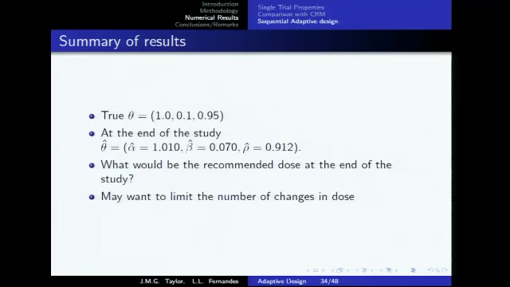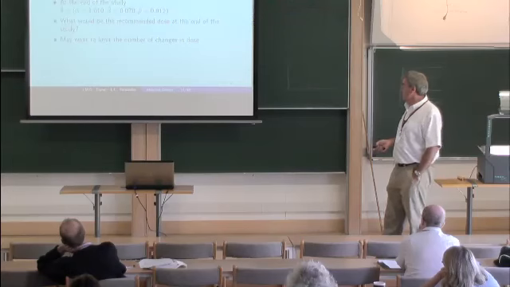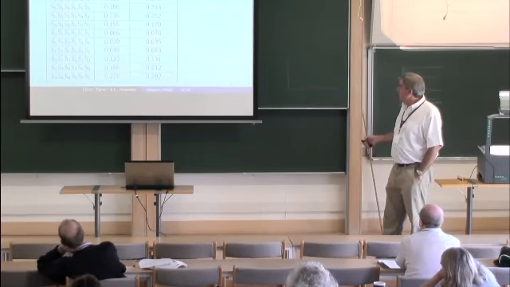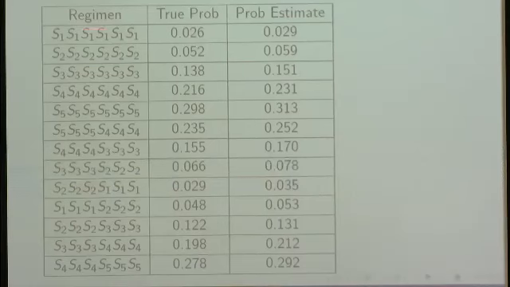So we restrict. You may want to limit the number of changes in dose. We restricted ourselves to 1 change in dose as a possible recommendation. And so here are different possible recommended schedules. So here, S1, S1, you just stick with dose 1 all the way, or down the bottom of the table, the first 3 cycles are dose 4, and the next 3 cycles are dose 5. So we allowed ourselves 1 change. So at the end of the day, this is all the things we might be willing to recommend,